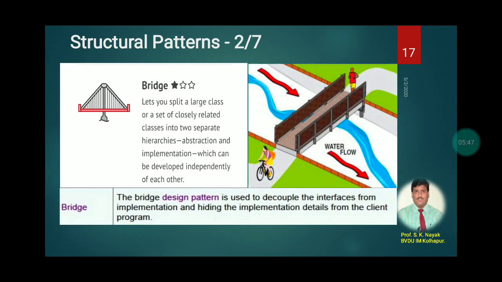So the bridge pattern helps to establish a bridge, or close the gap, between two interfaces. It establishes the communication. This is also one structure type. One interface has a separate, independent implementation going on, and on the other side we have a different independent module, object or classes, with a different implementation. Between these two we can establish a bridge so that we can take advantage of both implementations separately.